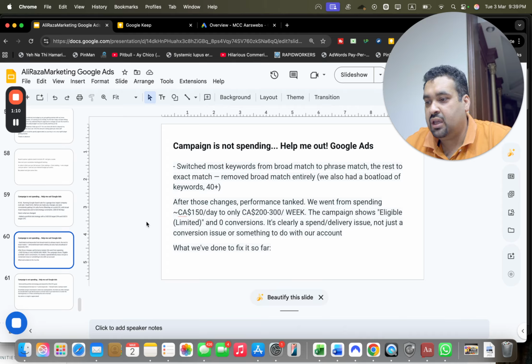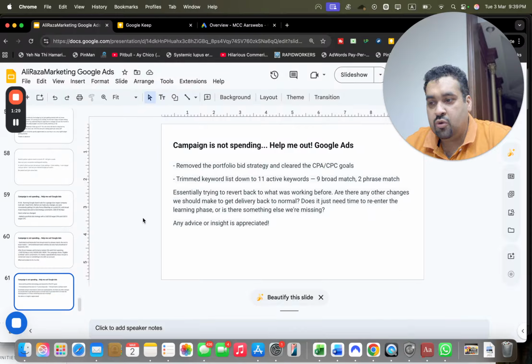We went from spending 150 Canadian dollars a day to $200 to $300 per week. The campaign shows eligible limited and zero conversions. It's clearly a spend delivery issue, not just a conversion issue or something to do with our own account. What we have done to fix it so far is removed the portfolio bid strategy and cleared the CPA and